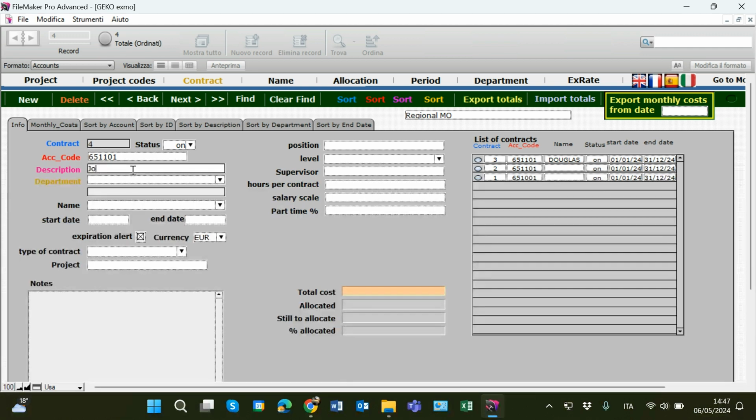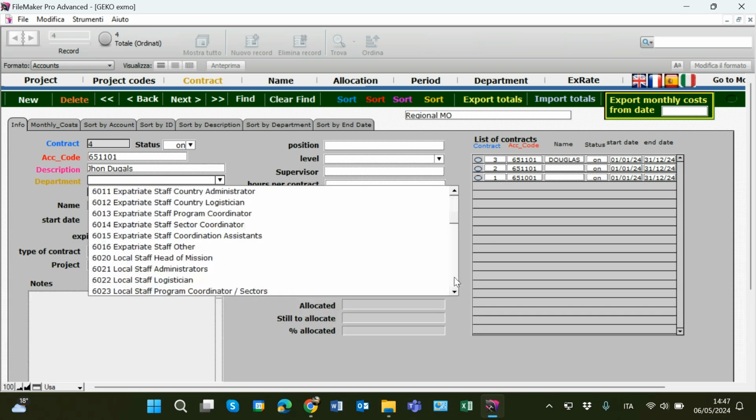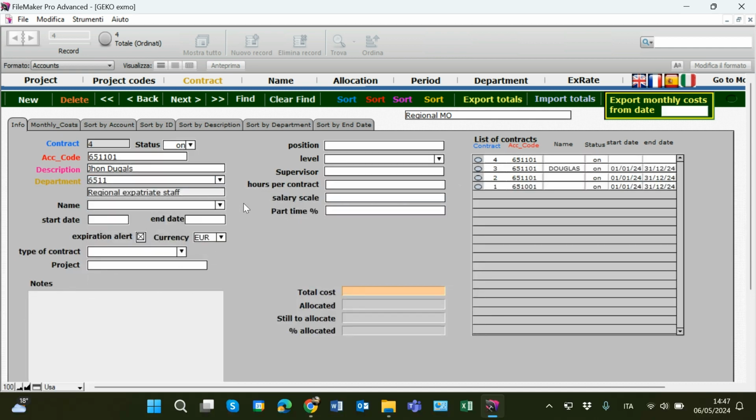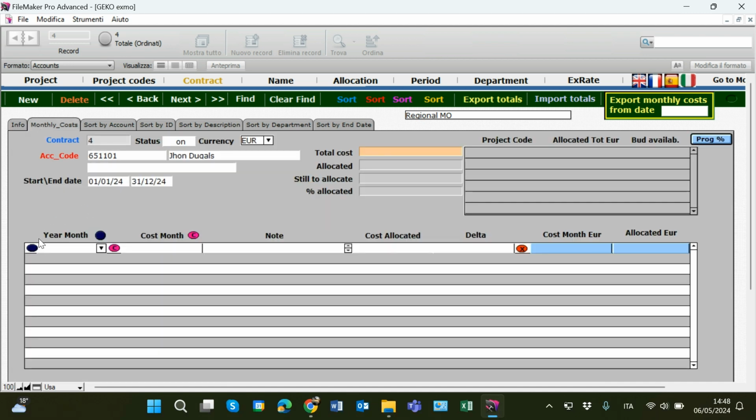Description, let's say it's going to be John Douglas. Department, the same department, let's say 6511. It would be good if I also put the information, start date, end date, assuming that it is a 12 months contract, and that's it. So what I have to do now, I have to enter for this person the 12